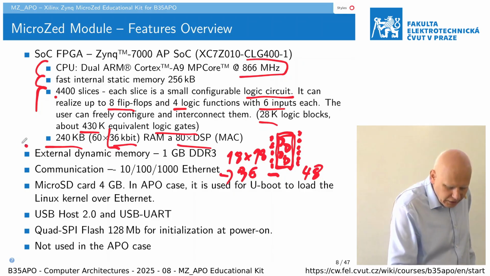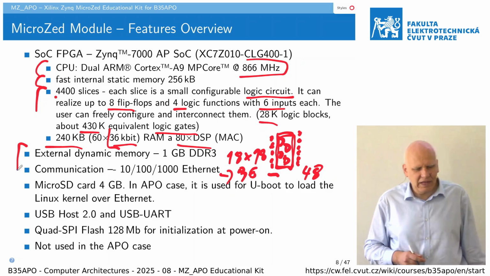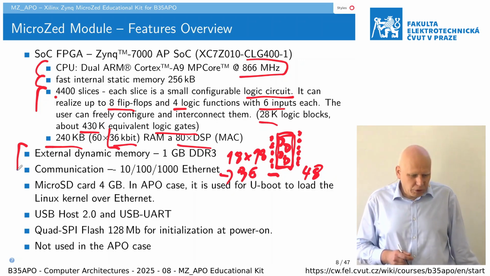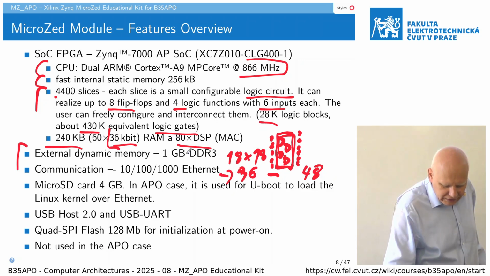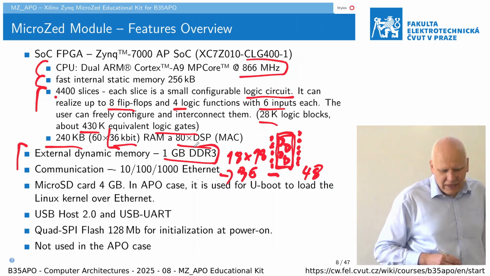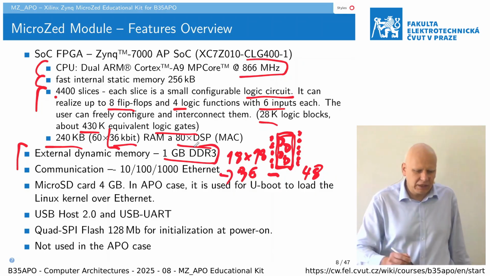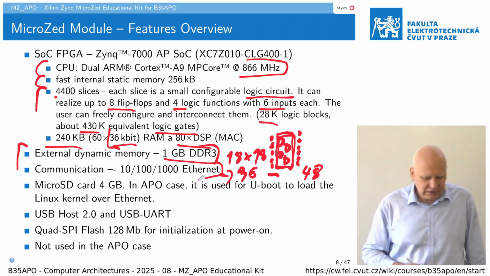And on board, on that system on module, there is 1 GB of external DDR3 memory, 1 gigabit Ethernet,